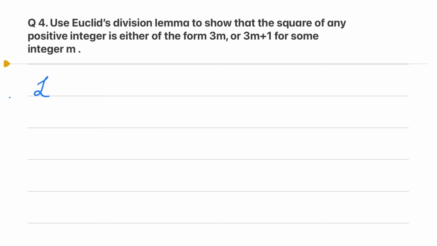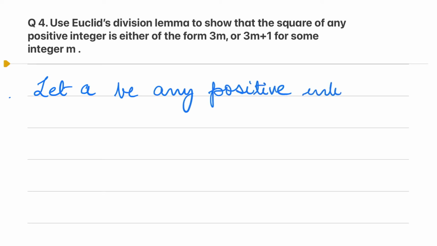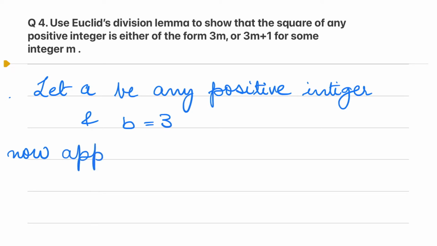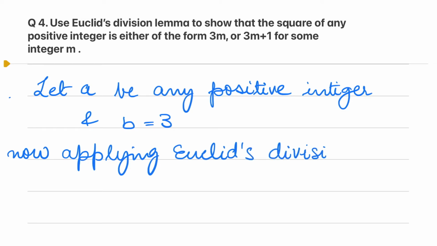So now here let a be any positive integer and b is equal to 3. Now applying Euclid's division lemma, we have